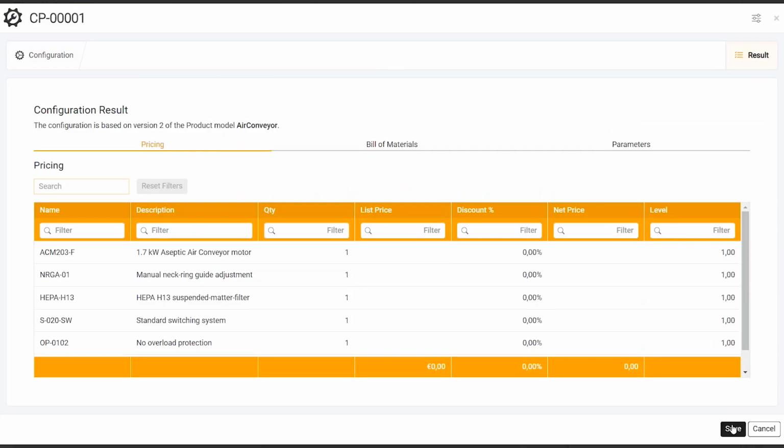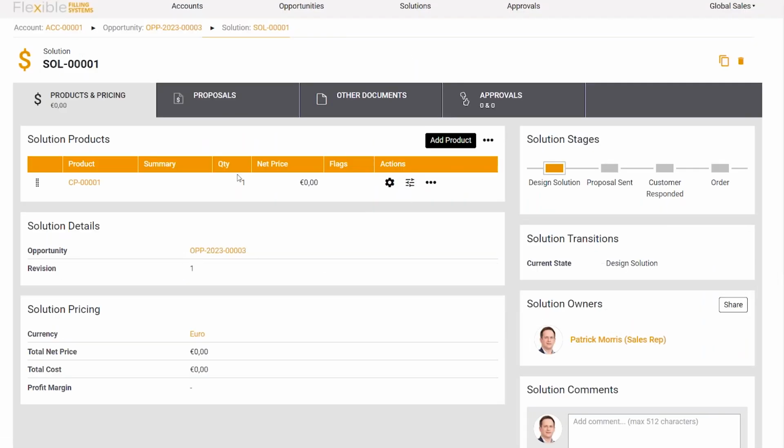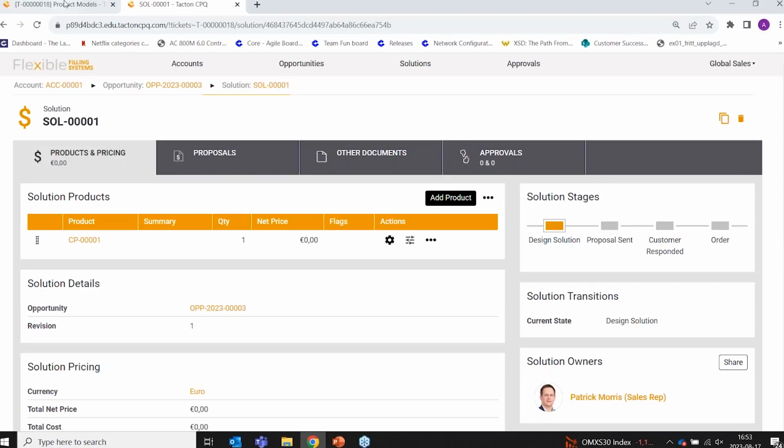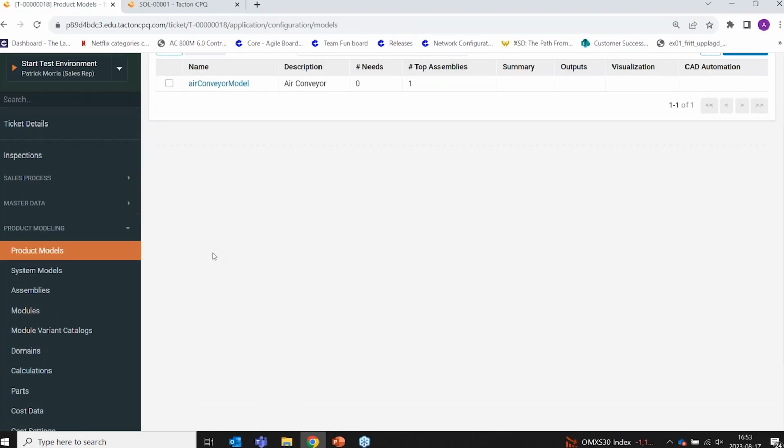So, and then I save this, and I have a configured product, and then you can do a lot of other things that benefit your sales process within CPQ, not going into those today. So how we build this